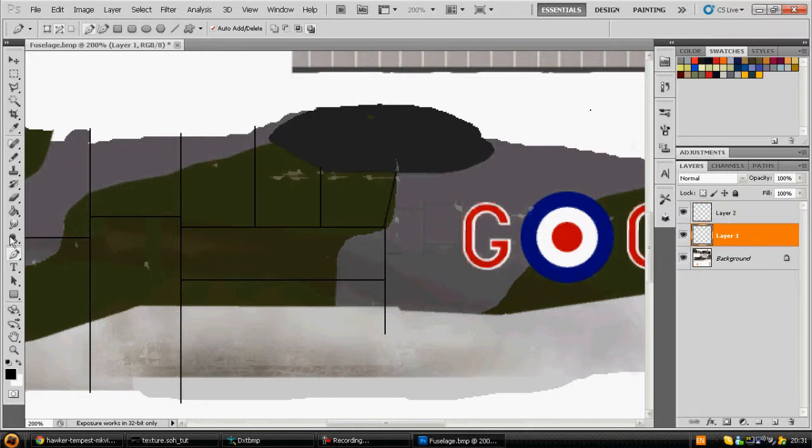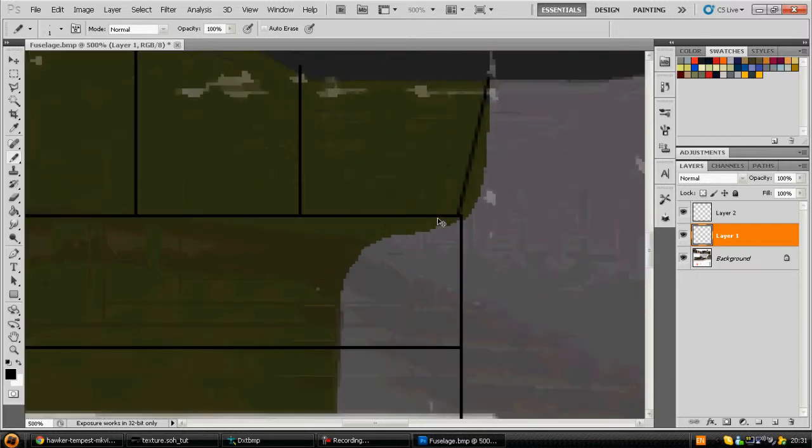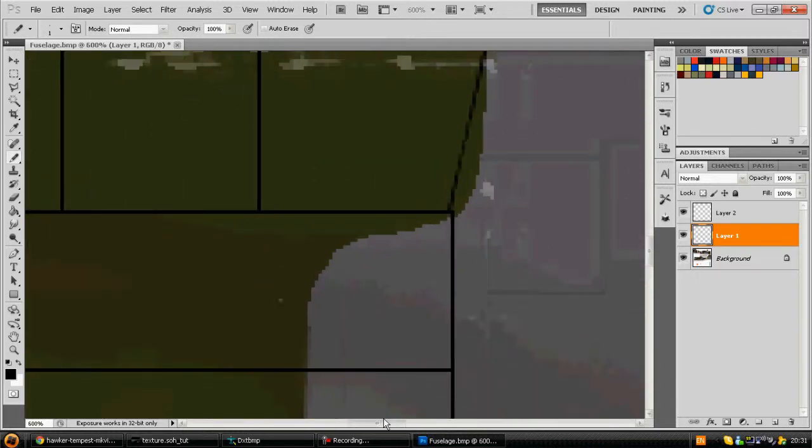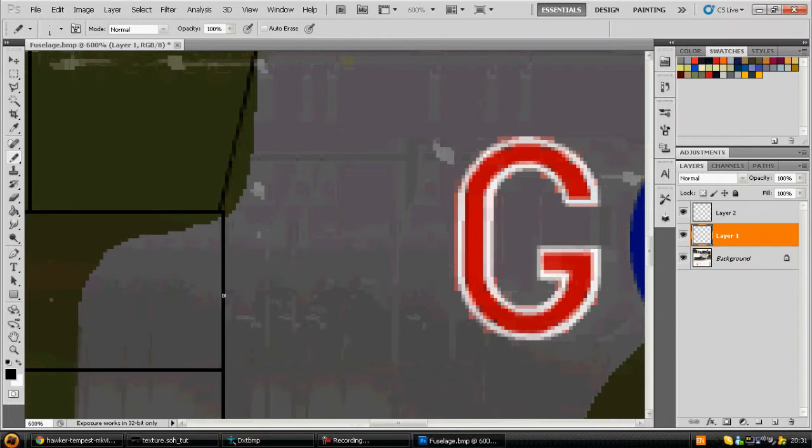Now we can go back to layer 1, our previous, and for this we're going to select the pencil tool, and we're going to zoom in on these 2 panels here that look as though they're going to be a bit of a nuisance. What we do is we click a start point with the pencil, and then we press shift and click at the end point, and it draws a straight line. Again, shift, click at the end point. Just keep going round